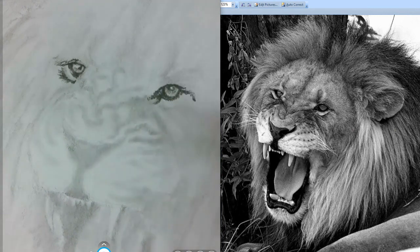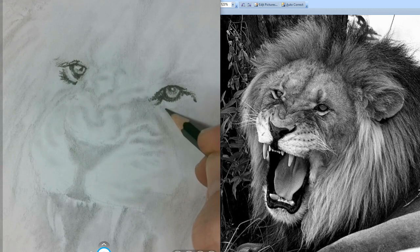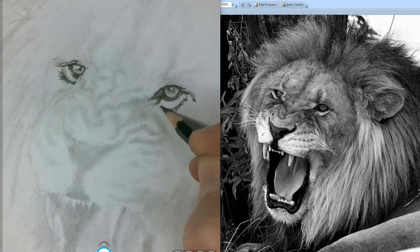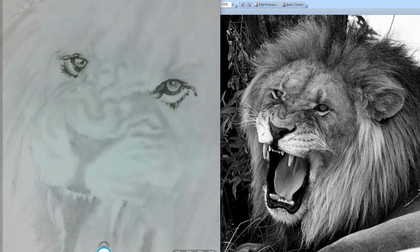So I could blend those eyes a little bit more, but for right now I'm just going to keep it like that. I like that contrast. And there's a little dark under his eye. Dots and dashes, whatever you feel like you need to do, because it's furry, and you're going to get little dots and dashes in the fur as well. And if you want to, you can do like we did with the feathers. You put a little darkness in there and then just take your cotton swab, do a little bit of blending,